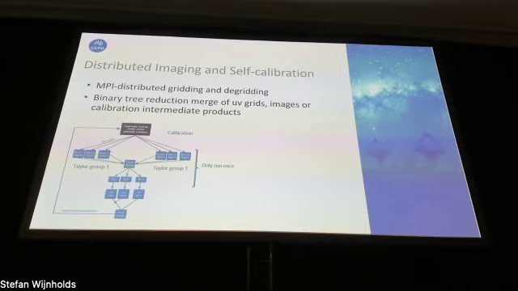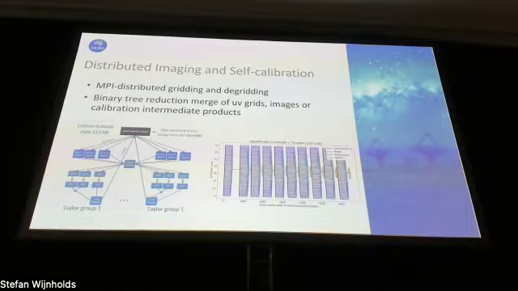And so the most time-consuming part of that is generating your model visibilities, right? So we can split that up across a lot of different ranks, and then merge it all together. And so we've just got our estimate of what the visibility should be, and then we can optimize, find the best solution. So there's a really nice way that that's set up in Yandasoft. And you can use pretty much the same sort of setup to do the imaging.